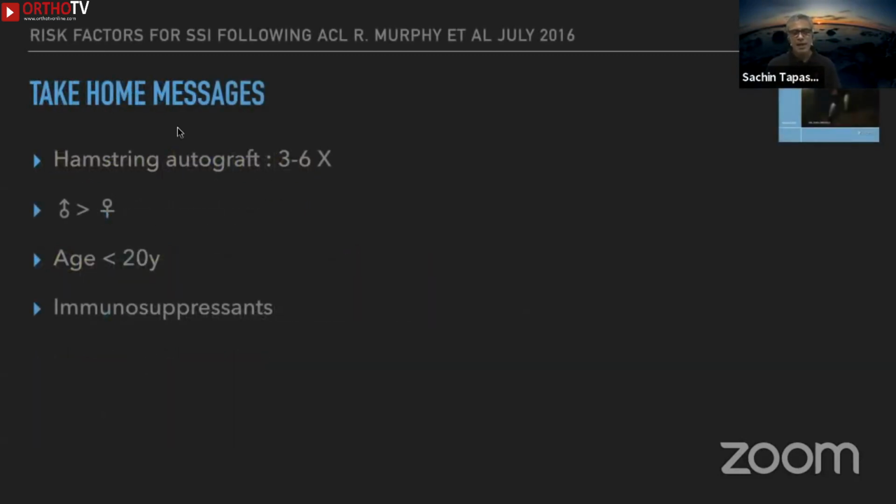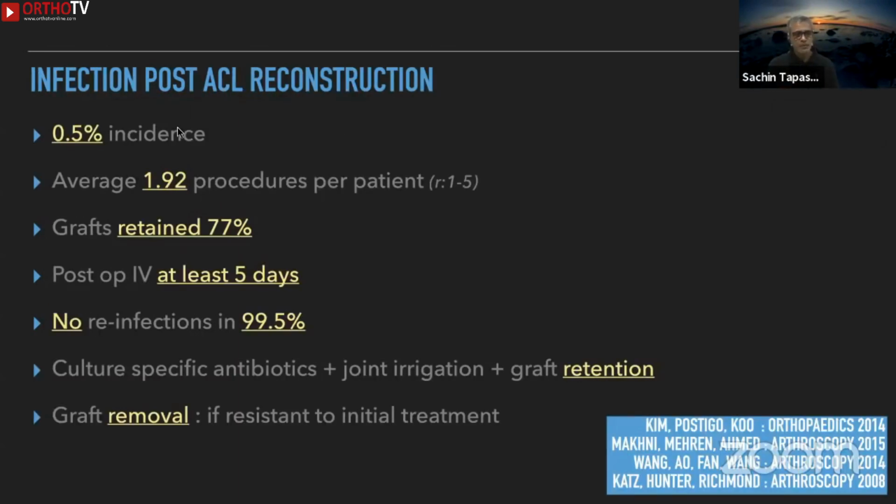Females are less likely to be infected, which was discussed previously. Hamstrings are more likely to have or get infected if you're younger, and if you are on immunosuppressants, you're more likely to get infected. So the incidence, as I did say, is going to be around 0.5 to 1%, and an average of 1.92 procedures per patient are to be